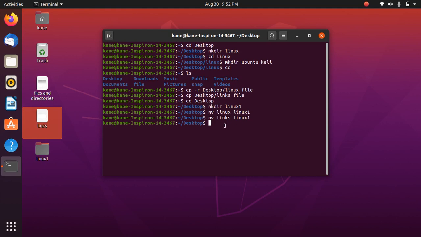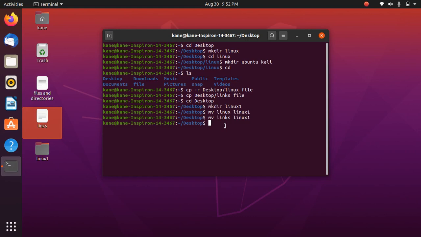The main advantage of hard links is that whenever you make any changes to the original file, you can still see the changes in the clone file. But on the other hand, it has some drawbacks.